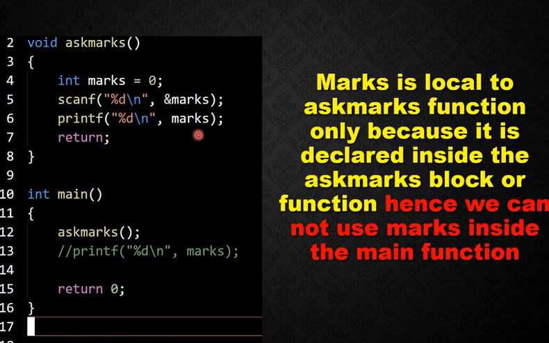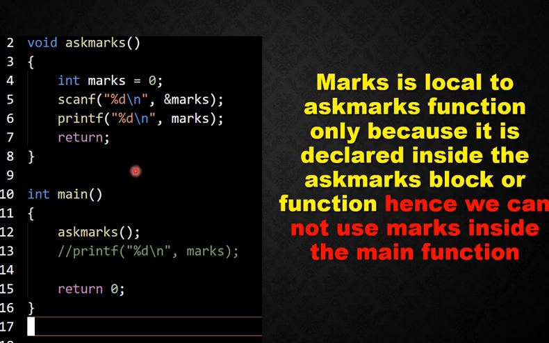After that I am returning from this function. I am not returning any integer; I am just saying that the task has been completed and returning without giving any output. So it will return from line number 7 to line number 12. There is nothing more to do in line number 12, hence it will come down to line number 15 and end the program.